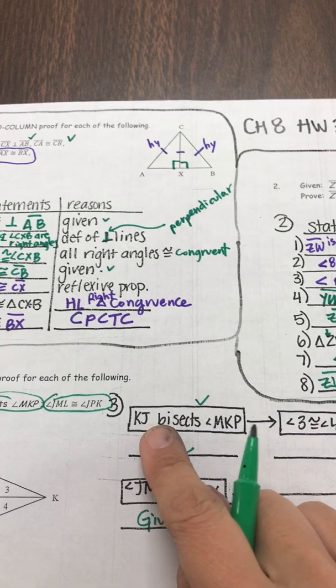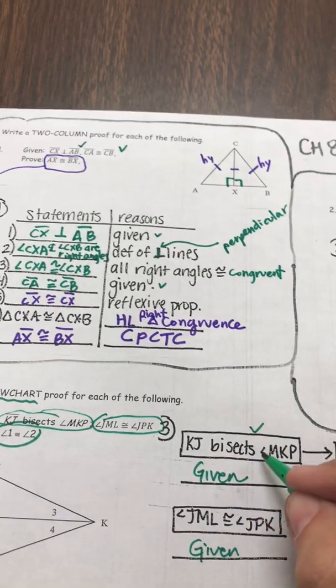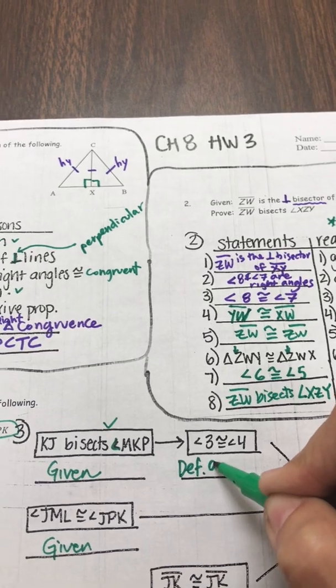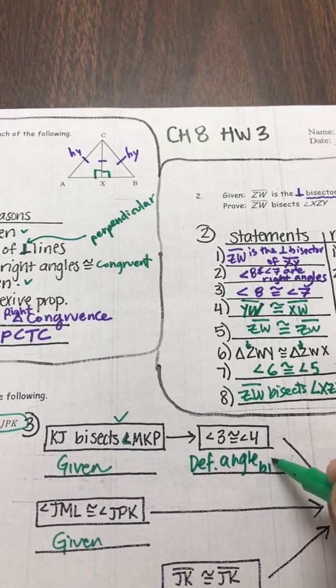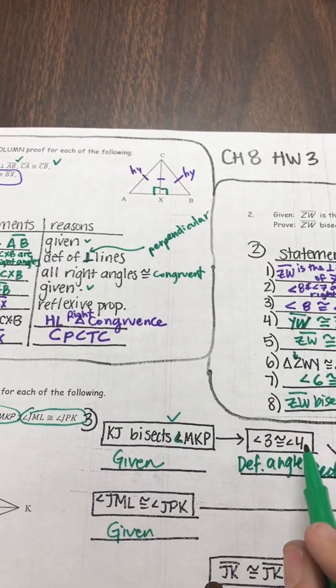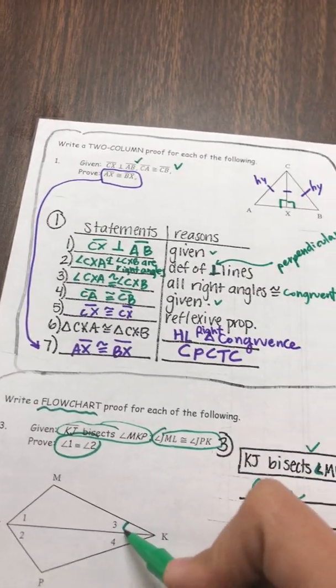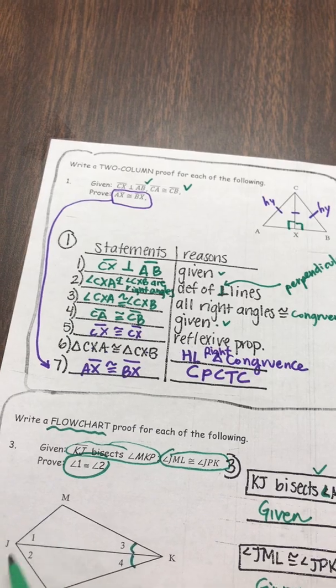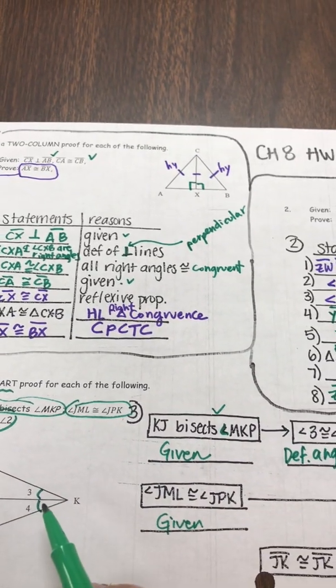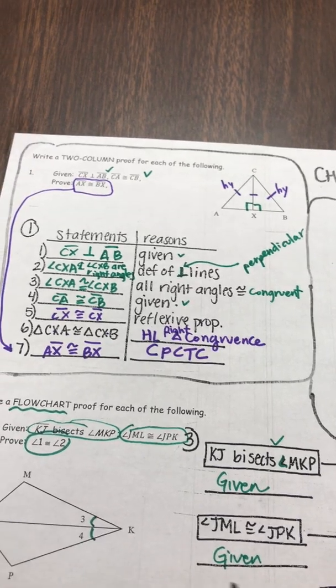It says KJ bisects an angle. So you have to define that by the definition of angle bisector. So by the definition of angle bisector, angle 3 has to be equal to angle 4 because they said that this KJ bisected that angle. Okay, so those two angles are equal. Now,